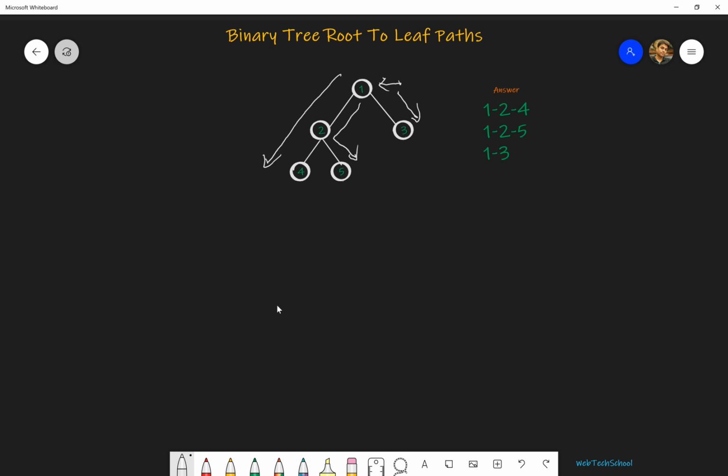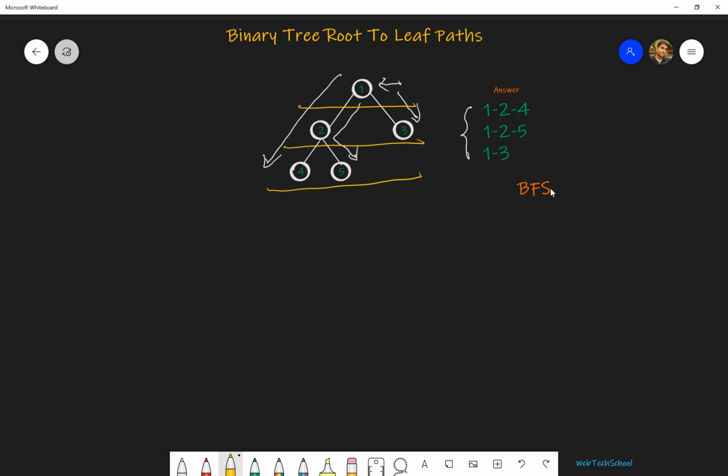Now that we have our root to leaf paths, how can we solve this problem? For traversing any binary tree, we have two options. One is BFS, which is breadth first search. This is exactly similar to level order traversal, where we traverse the tree level by level.